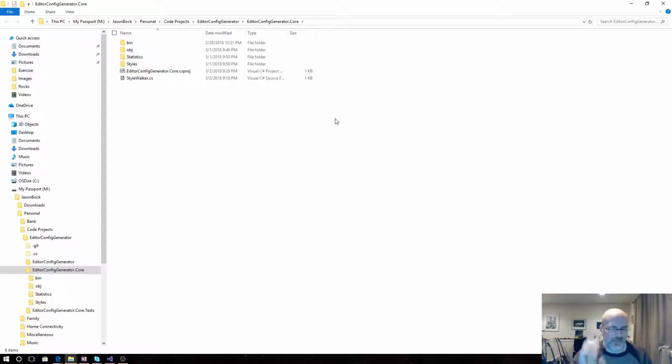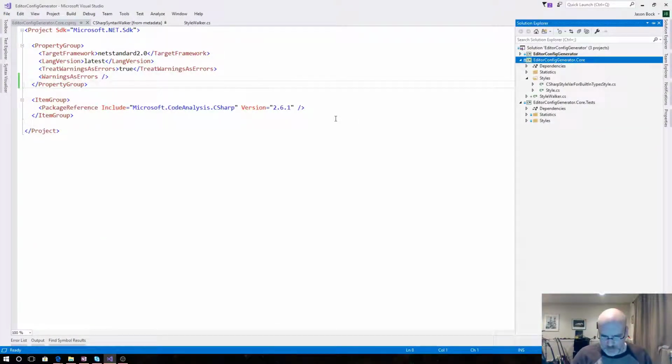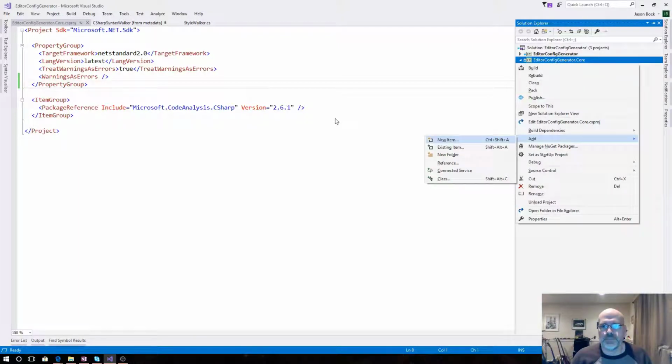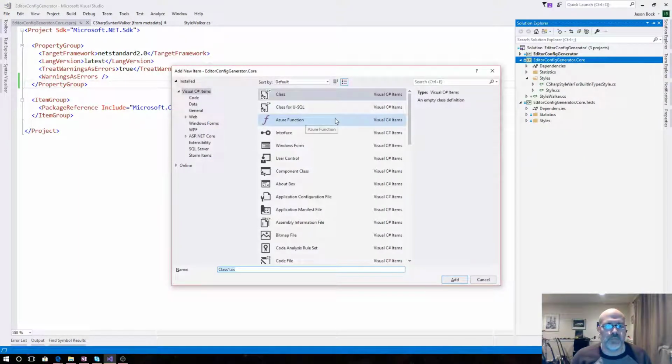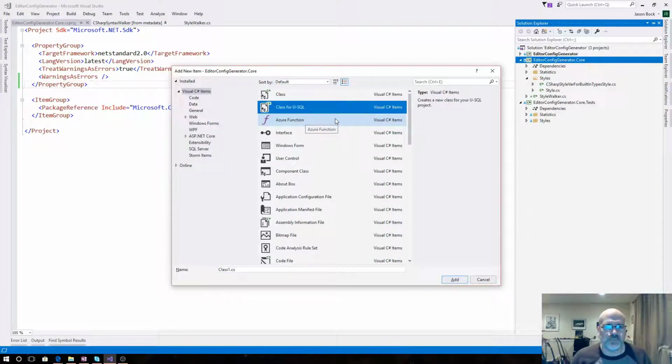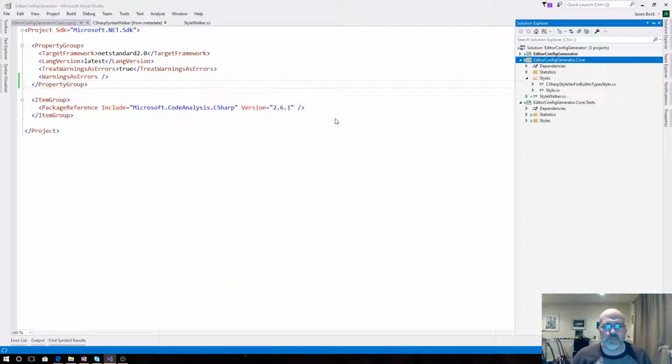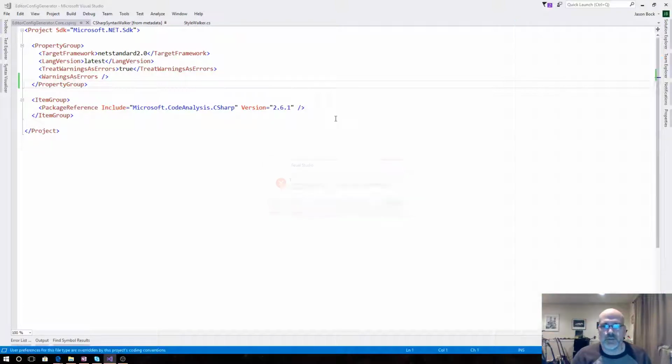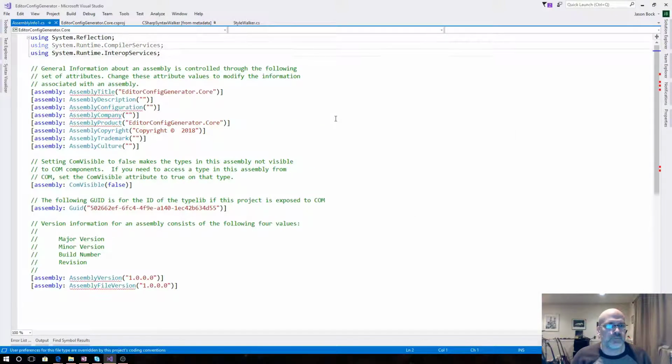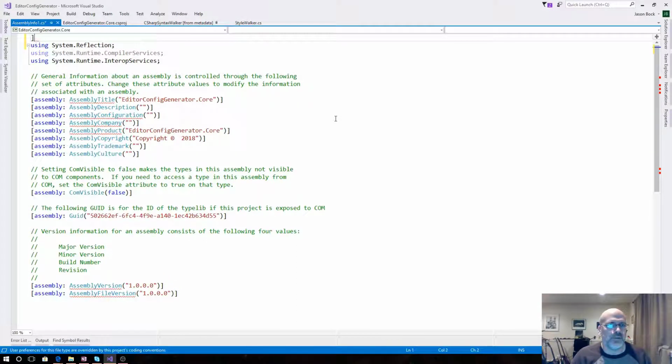I can't remember why. But let's do that again, because the only thing I really care about is, I just make it 1. I don't care. All I want is something to say assembly internals visible to